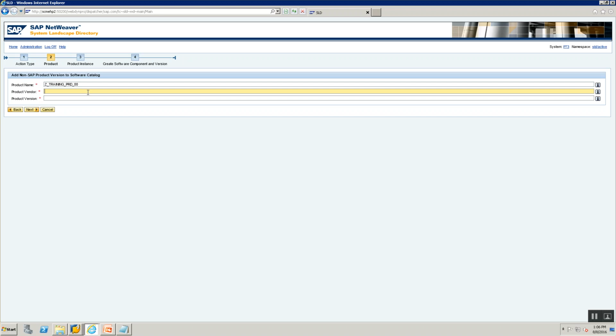So throughout the course of this training, what I will be using is a suffix called 00 to just indicate that this belongs to me, so that it's easy for me when I'm searching for an object and so on. Okay, the vendor, let's call it training.com. You can obviously call it in a customer's landscape. This would be the customer's details, and product version, I'm just going to call it 1.0.